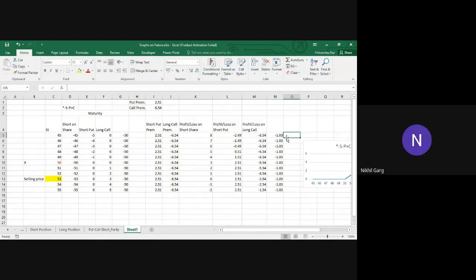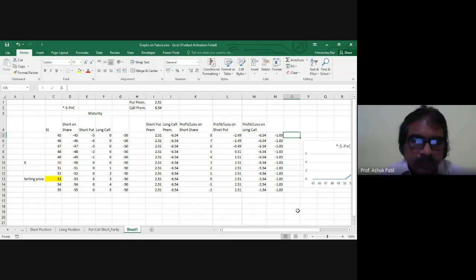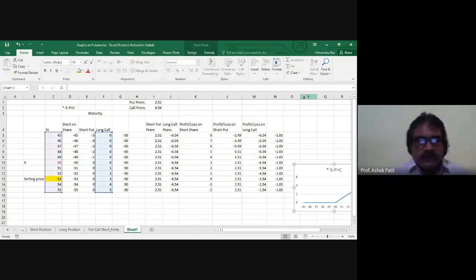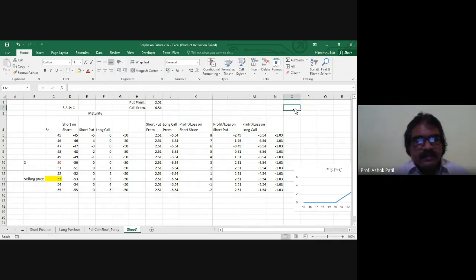Sir, I have one doubt. Yeah, please. Sir, although we know that the axis remains constant, minus 50, minus 50, minus 50, why does our profit remain the same? That is because in one case when you are losing money, in the other case you are exactly gaining the same amount. See, these are the fixed amounts, which are the